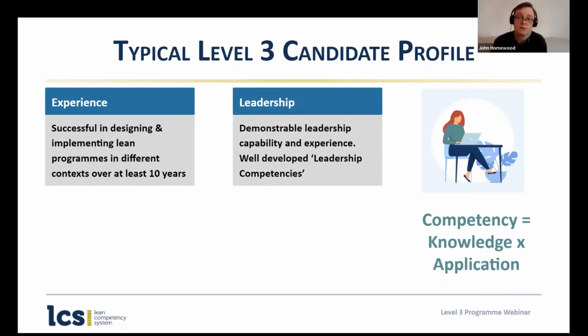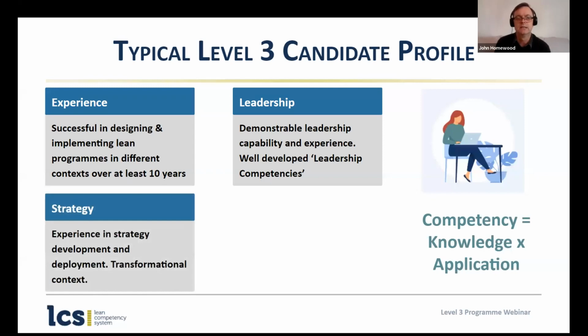You might be seen within the company as a guru to a certain extent. And I think probably the most important thing is that, in addition to the practical side of things, you've got well-developed leadership competencies. You can work with people, and that will emerge during the case study. You've got to a position where you are dealing in strategic development, either within the company or within the range of organisations that you've been working with,